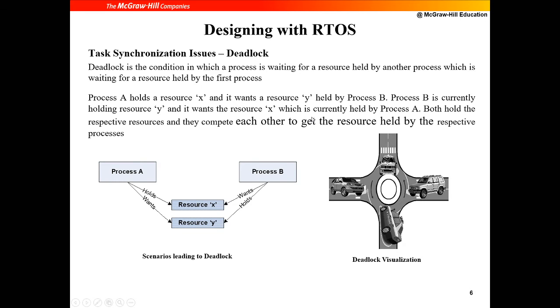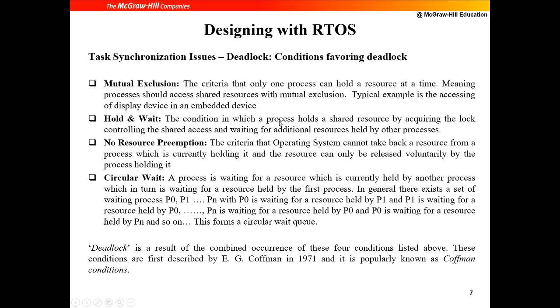Now coming to the next topic, we have deadlocks. I'm sure you'd have heard of deadlocks in your operating systems course. Deadlock is a state where none of the processes are able to move forward because there's a dependency with another process and there is a cycle to it. One condition is mutual exclusion, which means only one process can hold a resource, meaning there's no resource sharing.